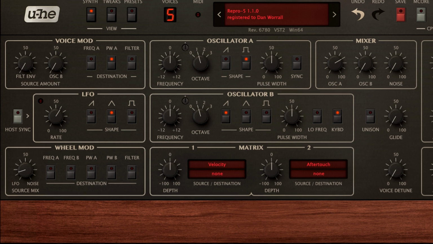So you would assume that if I turn down the actual pulse width parameter for oscillator A, I would then be able to turn up the modulation further before the pulse width gets too narrow. But actually this makes it worse. In fact, the modulation is negative, so I need to turn the pulse width up instead. Now, when I increase the envelope modulation depth, we can hear the pulse width widens to begin with, then turns into a square wave, then comes out the other side as a pulse wave again. And I can set the knob higher before the pulse width gets too narrow.